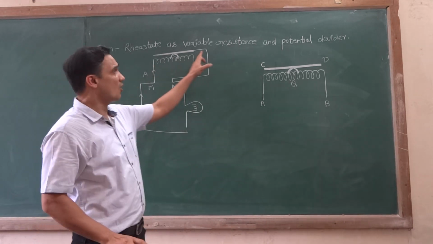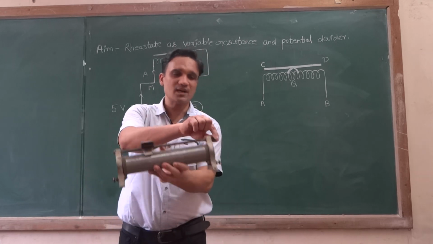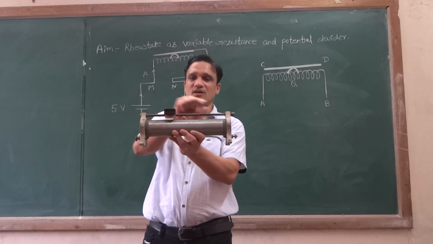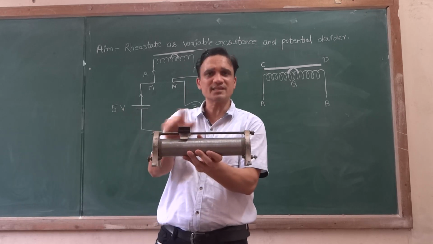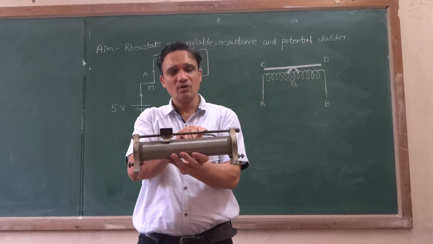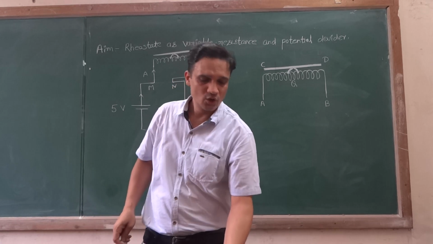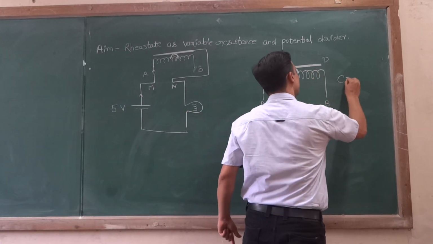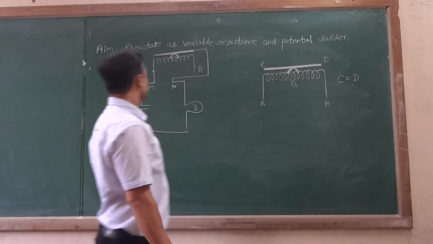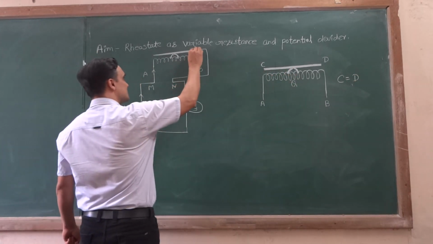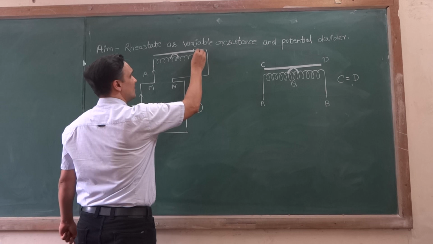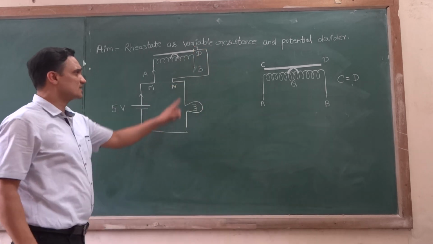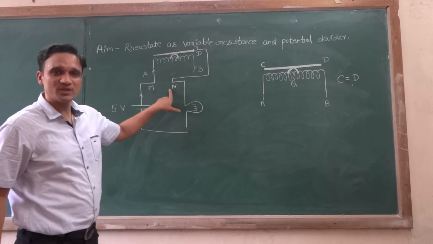But on the copper rod, where these 2 points are provided, we can connect at any end of this copper rod, because both these ends are the same, at the same potential. Okay, because this is a common rod. So these 2 points C and D are equal. Alright. So if I connect this end of the copper rod, let me take this end as D, which is connected with the N end of the circuit.